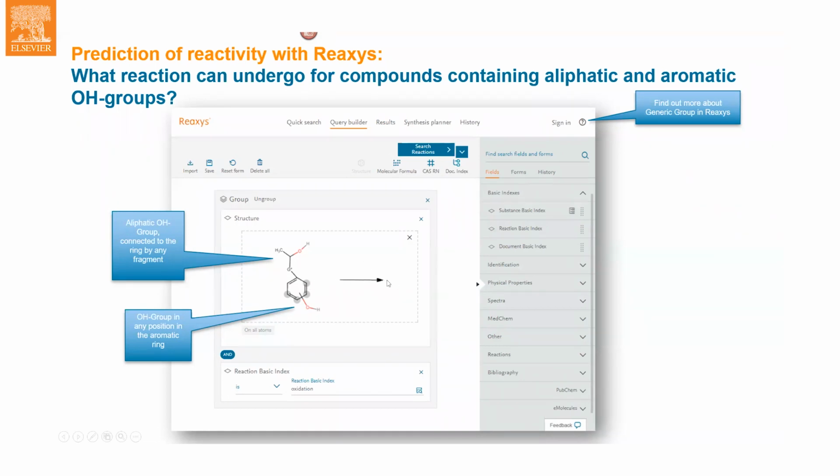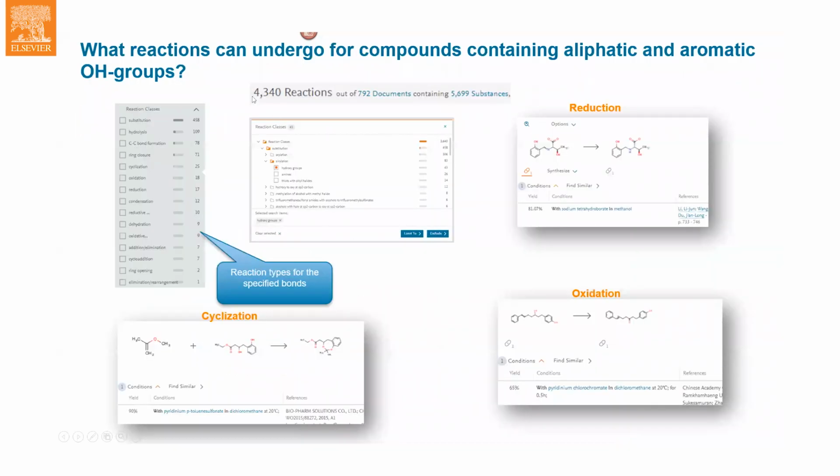So we add an arrow saying to the system that it should be a chemical reaction, and as a result we will get 4,000 different reactions. This search takes some time, so I won't show it to you online. In the filters, you see different reaction classes. So you can see that there is substitution reaction, cyclization, oxidation, reduction, and other types. And by filtering and browsing them, you can understand in which conditions this or that reaction undergoes, so you can assess in your conditions, will it go or not.